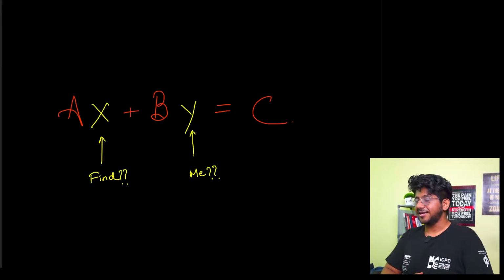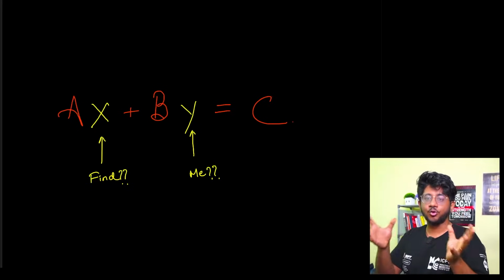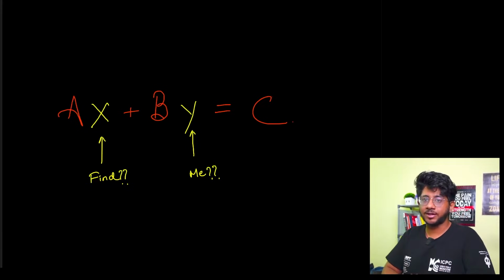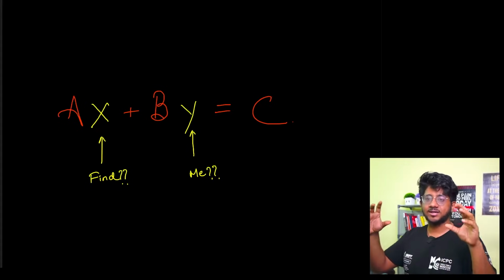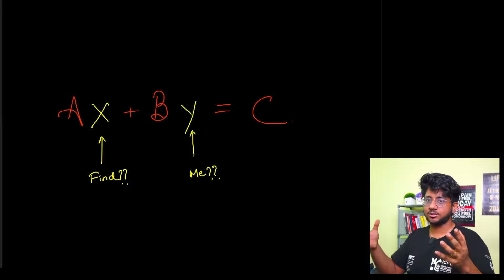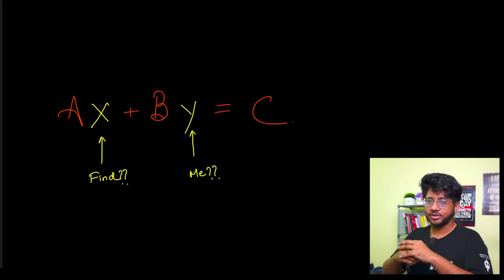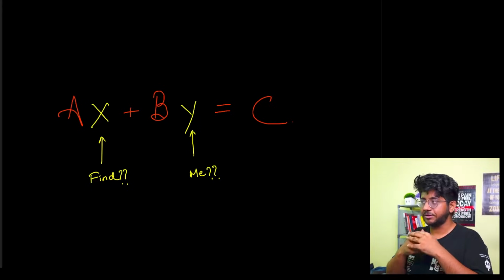And I think this is one of the most crux ideas that lies at the core of a lot of number theory that you would require for DSA and CP in general, right? So a lot of things like the Chinese remainder theorem or many other relevant results that you try to use after this can be derived from fundamentals from this equation, if you can understand what these equation's solutions look like and how to solve that, right? So that's what we'll be doing today. We'll be getting into deep depths of this particular equation and we'll be solving questions related to it,